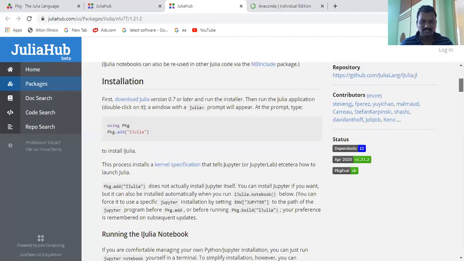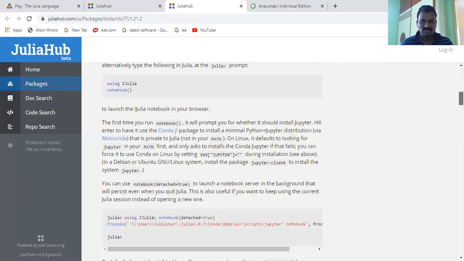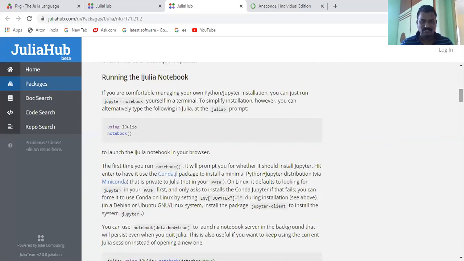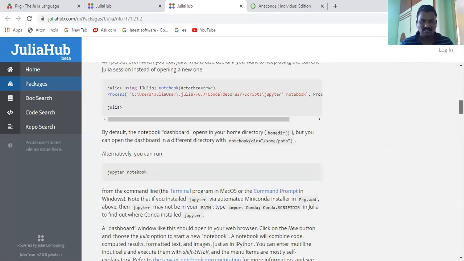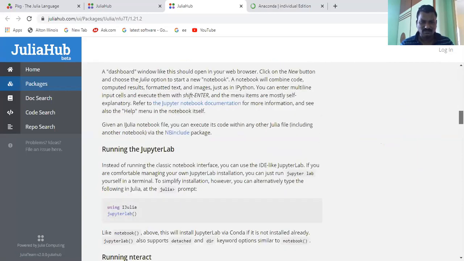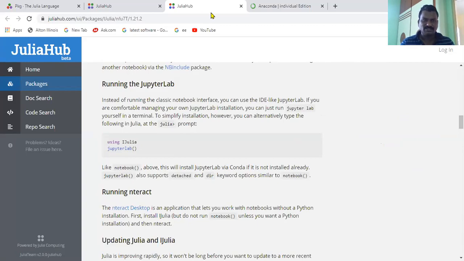In this way you will add Julia. After installation, to run the Julia Jupyter notebook, you use the iJulia notebook. There is also another command, using Jupyter lab, through iJulia Jupyter lab notebook.